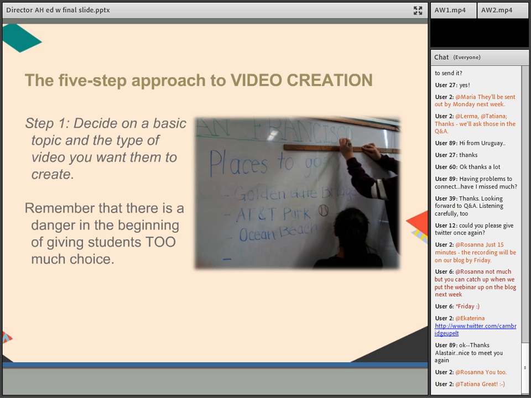And the filmmaking itself can be quite complicated anyway, so just hone it down. Say, this is what we're doing today: we're talking about the items in your bedroom. Great, that's just that. And that will give them enough to start on. Believe me, they can come up with all kinds of things just with that one topic.